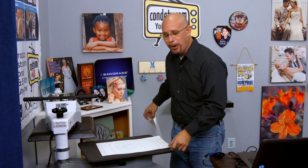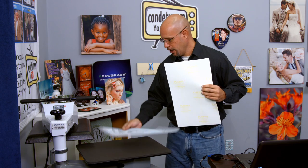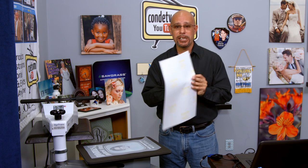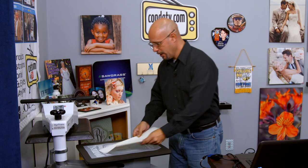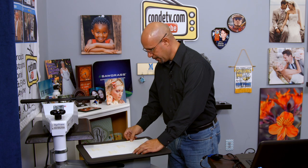That looks good there. So let me go ahead and reset the press for my second paper, which is the new Conde Low Temperature Laser Dark. Okay, now that we're back at the heat press, I've got the press recalibrated for our second paper, which is the Conde Low Temp Laser Dark. Remember, the transparency sheet is the imaging sheet. We'll go ahead and lay that down on our press, take our transfer sheet, which has the white-based emulsion, and again, lay our transfer sheet over our imaging sheet,